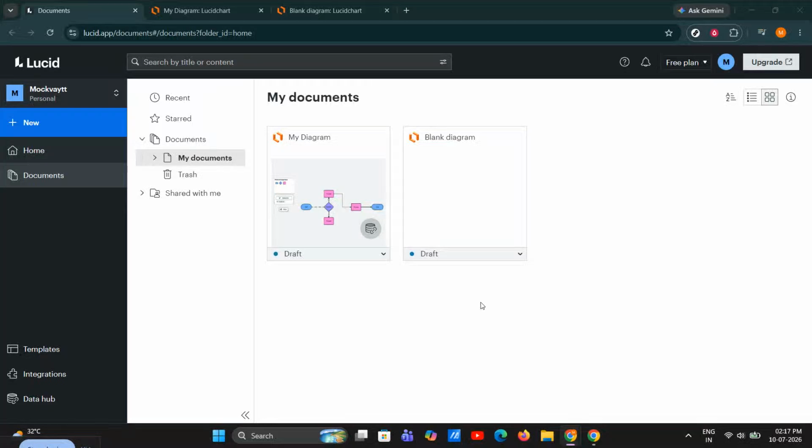If Lucidchart is showing a workspace error, freezing, loading forever, or giving you an authorization issue, don't worry. In this video, I'll walk you through the fastest way to fix it by isolating whether the problem is your browser, your account access, or the document itself. We'll start with the simplest fixes first because in most cases that is all you need to get Lucidchart working